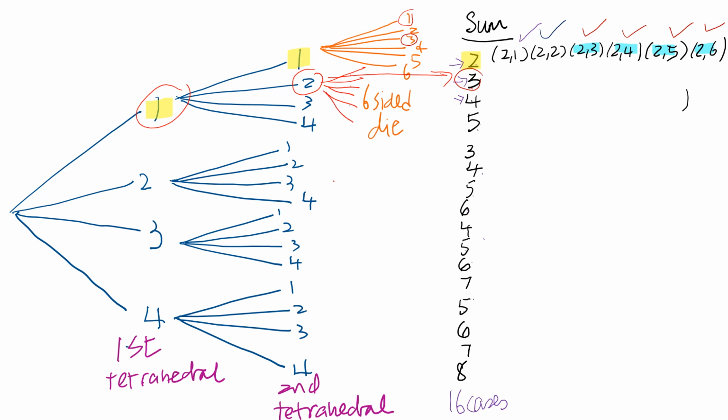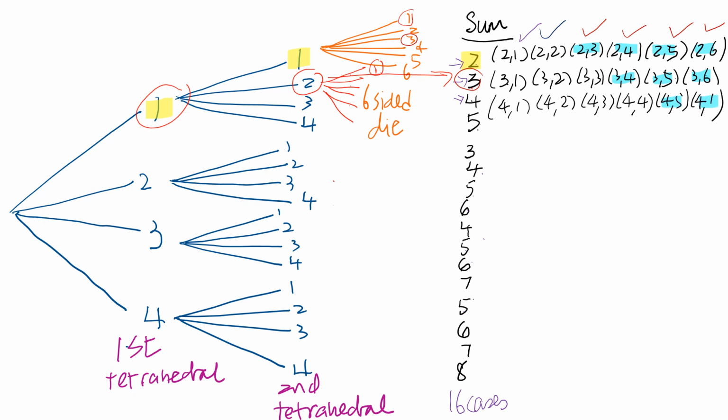So that will give you 3, 1, 3, 2, 3, 3, and so on and so forth. Similarly, for the sum 4, you can form outcomes 4, 1, 4, 2, and so on. We're not going to do all of them, because we just need to